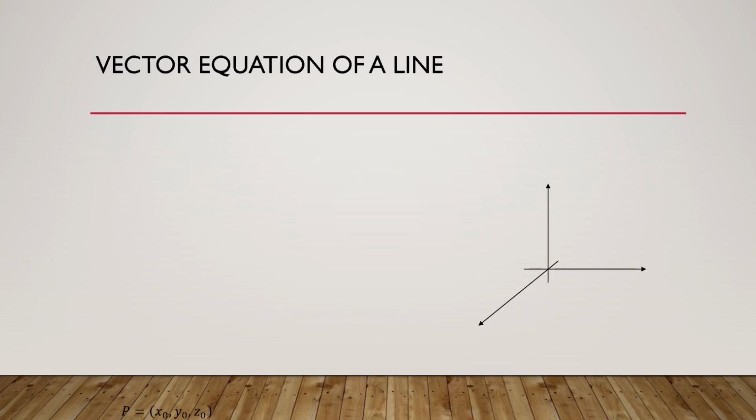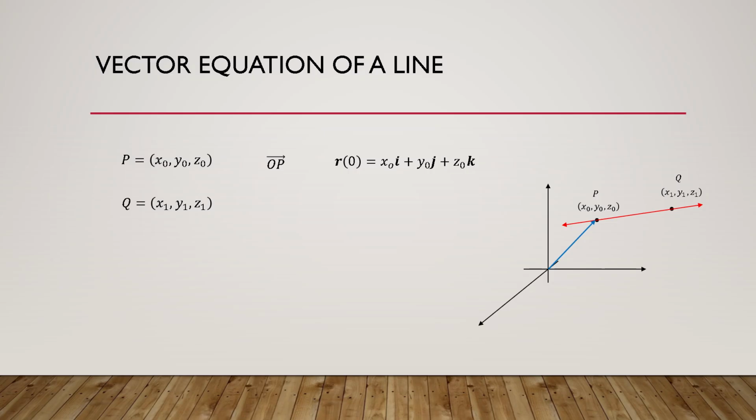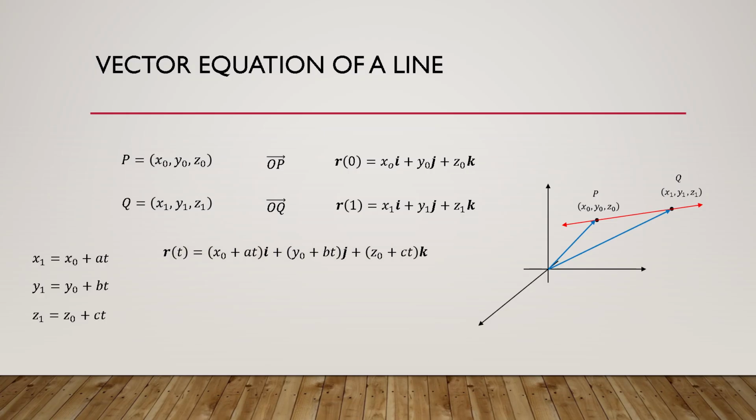Taking the same points P and Q from before, we establish a vector from the origin to P is r of 0 equals x sub 0 i plus y sub 0 j plus z sub 0 k. And the vector from the origin to Q is r of 1 equals x sub 1 i plus y sub 1 j plus z sub 1 k. Applying the parametric equations of the line, we can generalize the vector function r of t